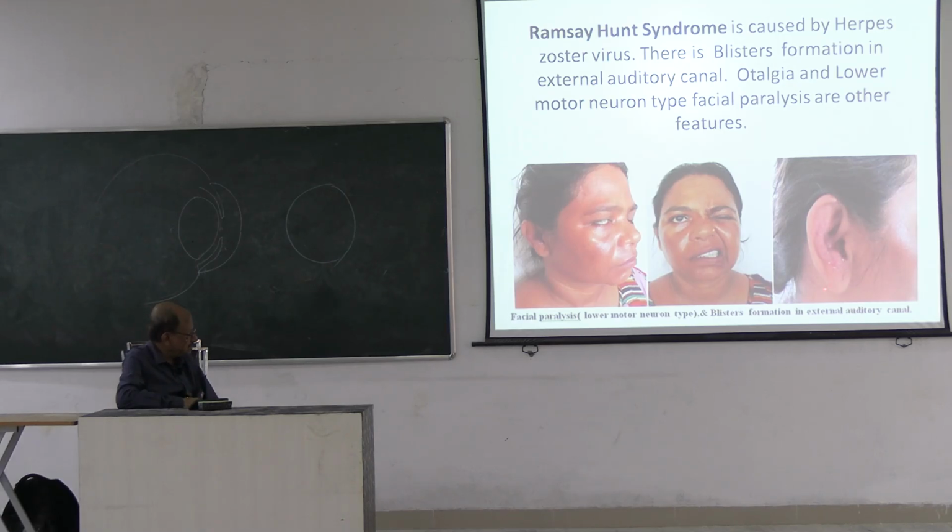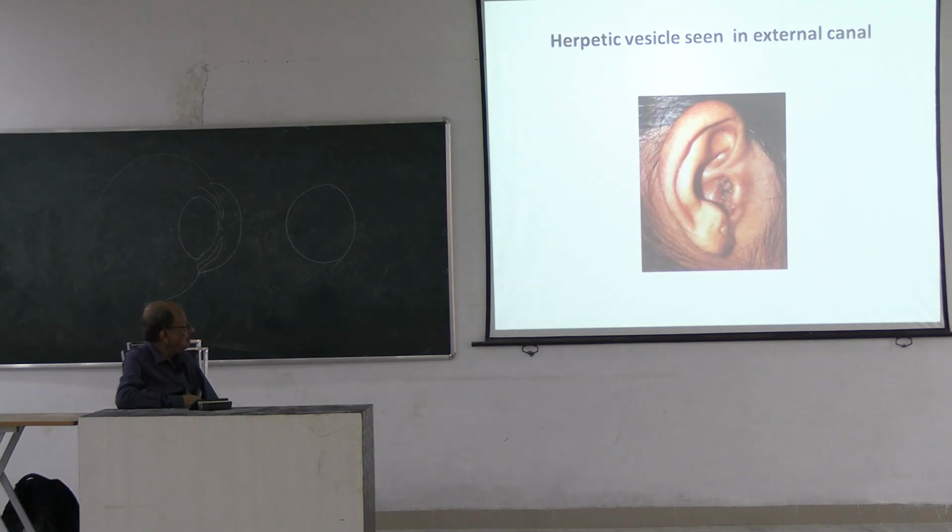এই দেখো এখানে ব্লিস্টার আছে, দেখতে পাচ্ছ? এই যে ব্লিস্টার, দেখতে পাচ্ছ? এই যে হার্পেটিক ভেসিকলস, এই যে দেখতে পাচ্ছ? পোস্টেরিয়র সুপিরিয়র পার্ট অফ দি কানাল।